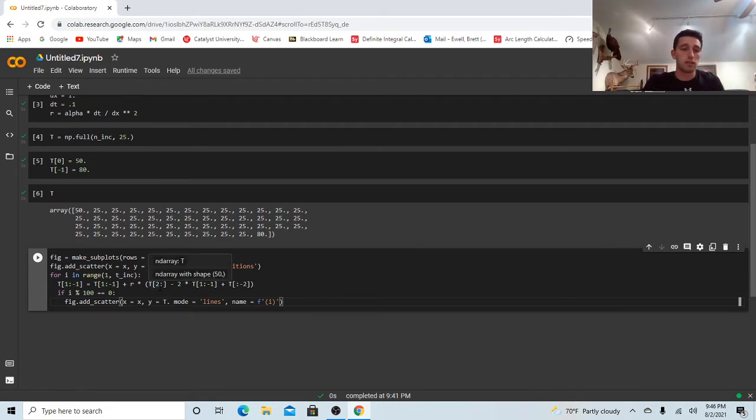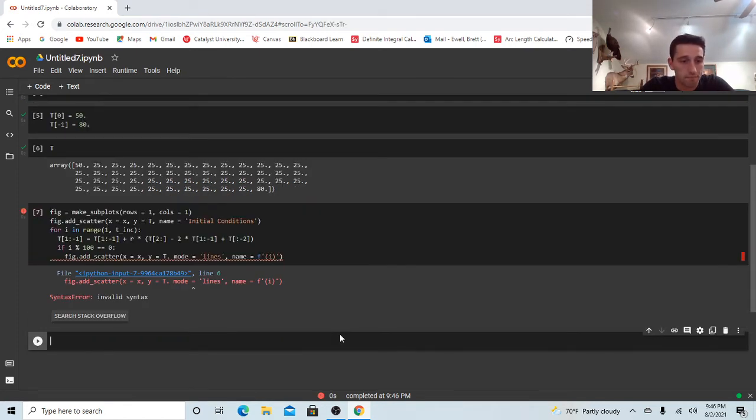R times T of the third term on, minus 2 times T from the second term to the last term, plus T of the first term all the way to the second to last term. And again, this i % 100 == 0 means we are going to add to the scatter plot lines for all increments of 100. So if I hit Shift Enter,